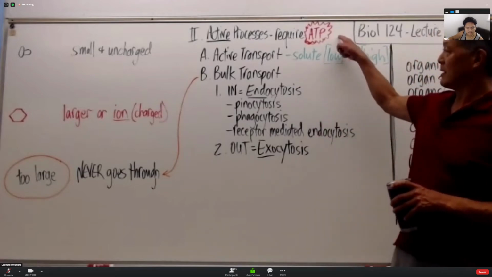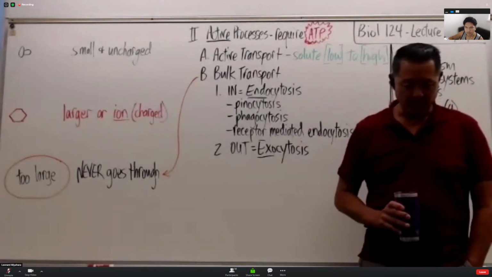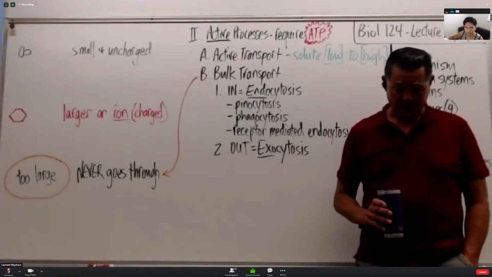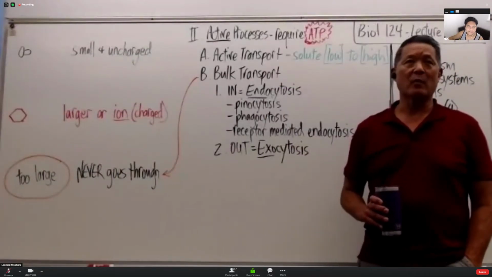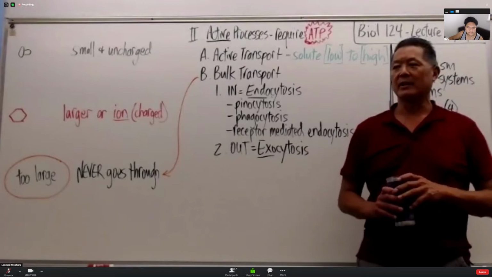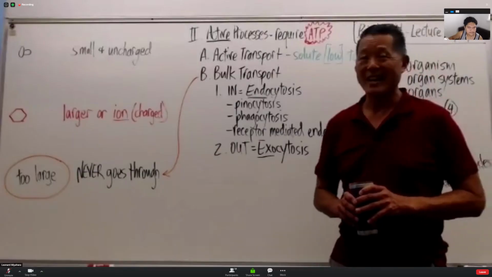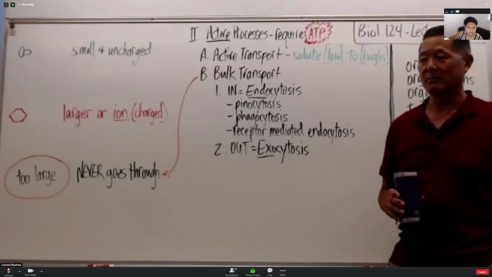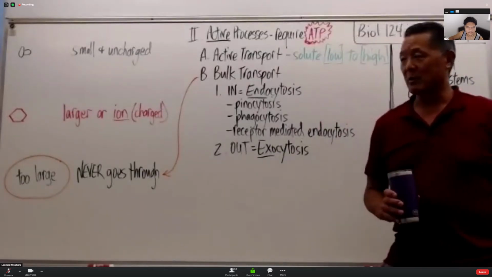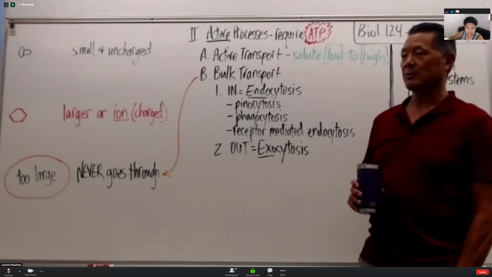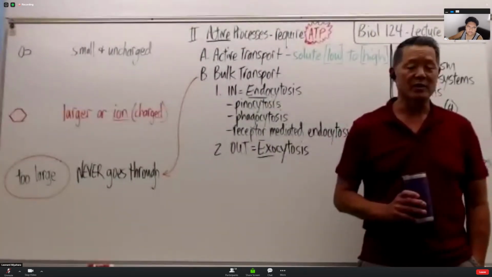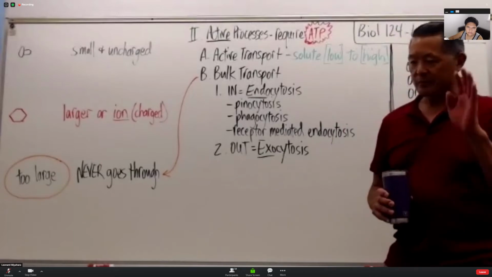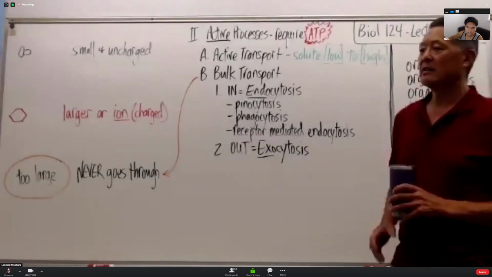We talked about the passive processes first. The passive processes do not require ATP. And for the most part, except for filtration, it is going from high to low. It's going downhill. Filtration is not. It's powered by blood pressure. But the reason why filtration is a passive process is because the cells doing the filtering are not expending cellular energy to filter. I didn't put all the passive processes on the board because we're moving on to active processes,